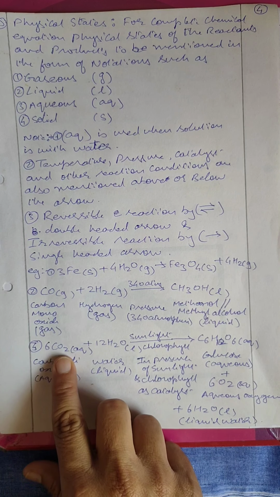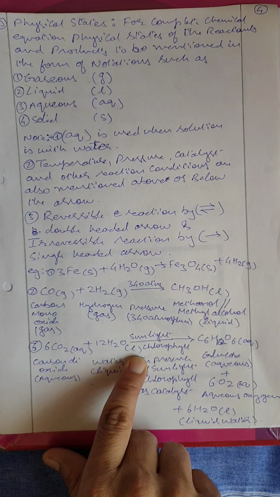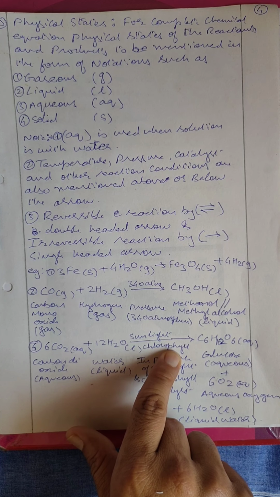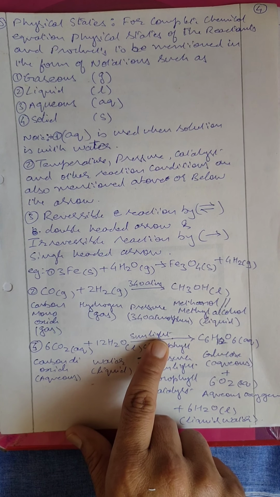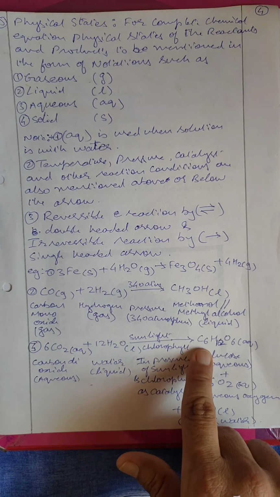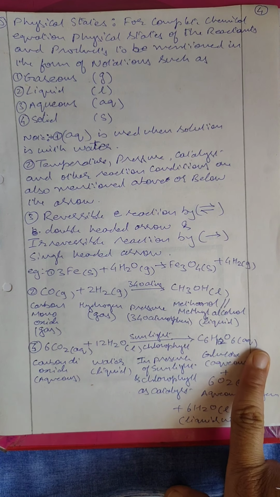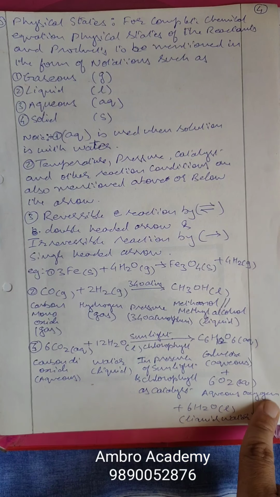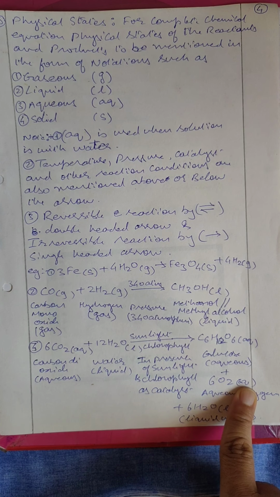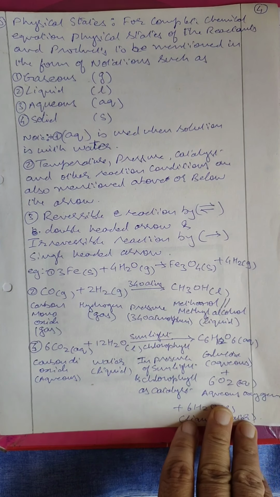See, this water is already present with carbon dioxide, aqueous, in the presence of sunlight and chlorophyll. See, sunlight and chlorophyll are the catalyst. Chlorophyll is the pigment which helps in the photosynthesis, and without sunlight it is not possible for photosynthesis. So you will get glucose. Glucose is C6H12O6. Here it is 12. C6H12O6. Again, glucose is in aqueous form, that means it is in the solution form, dissolved in water. Plus 6O2, aqueous oxygen. See, oxygen is also in aqueous form, that means in the solution form. And 6 molecules of H2O, that is liquid water. So this is how the reaction is taking place.